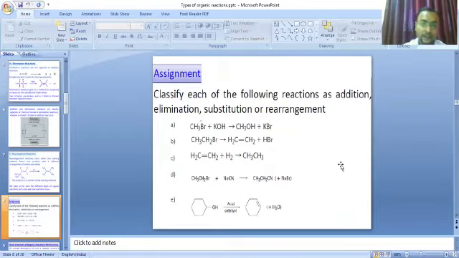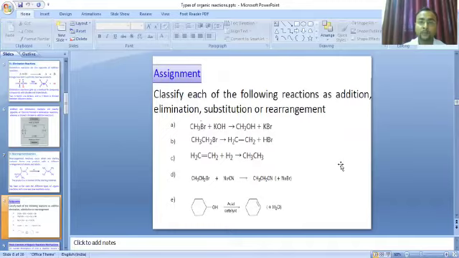that is the addition reaction, because you know that the elimination reaction and addition reaction are just opposite to each other. In the case of addition reaction, the addition product is formed, and in the case of elimination reactions, the products are split to give two separate products. In the fourth example, bromoethane reacts with sodium cyanide to give the product propanenitrile. That is the substitution product, because bromine is substituted by the cyanide ions and sodium bromide is also formed.